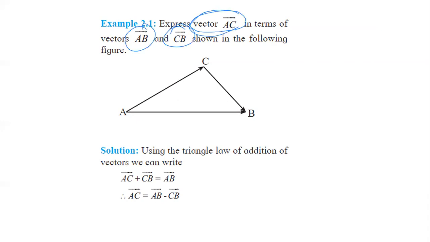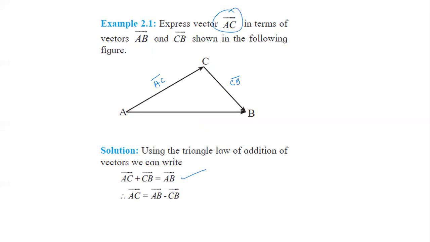So we can apply the triangle law. This is the first side, this is the second side, and this is the resultant. So you can write AC bar plus CB bar. So listen, when you are writing a vector, you remember you can write this AC bar, and you cannot write BC bar, you have to write CB bar as per the name C to B. You can see the arrow is C to B. So AC bar plus CB bar is equal to AB bar. So we get this.